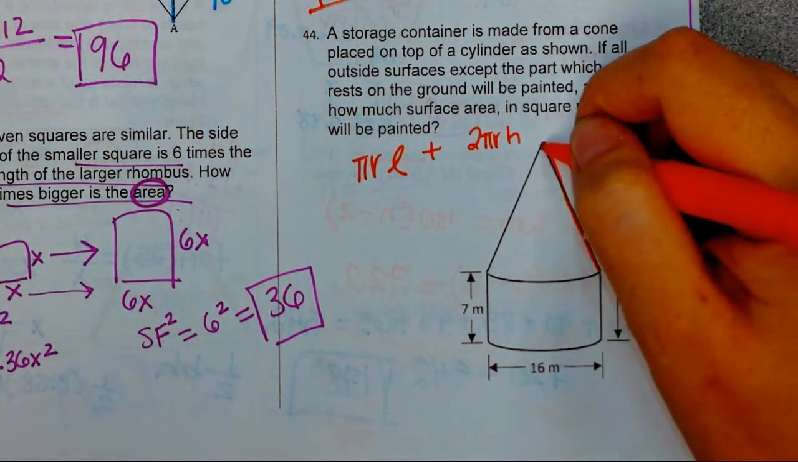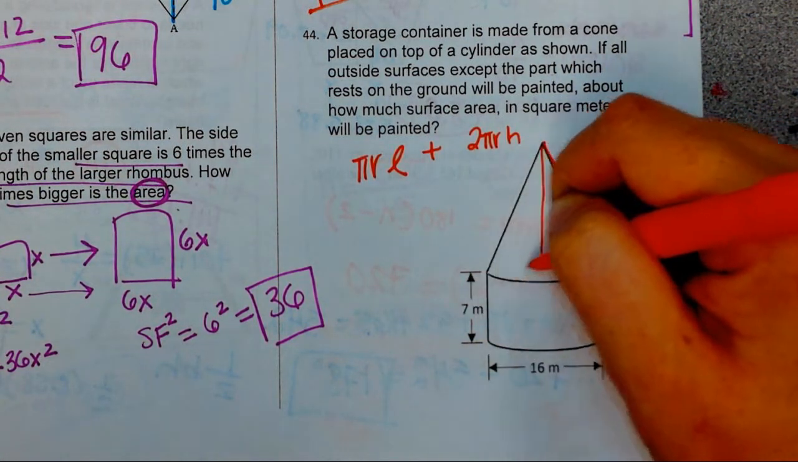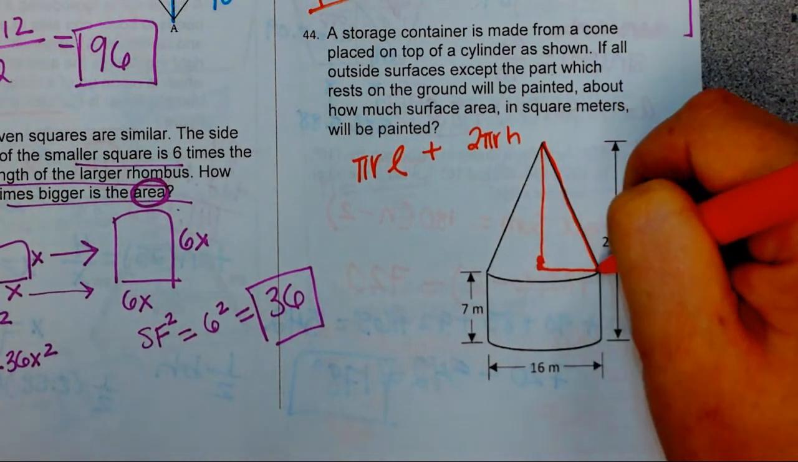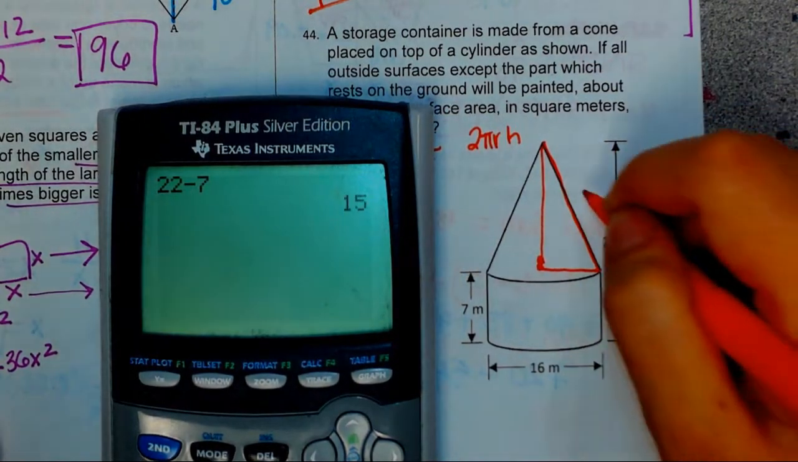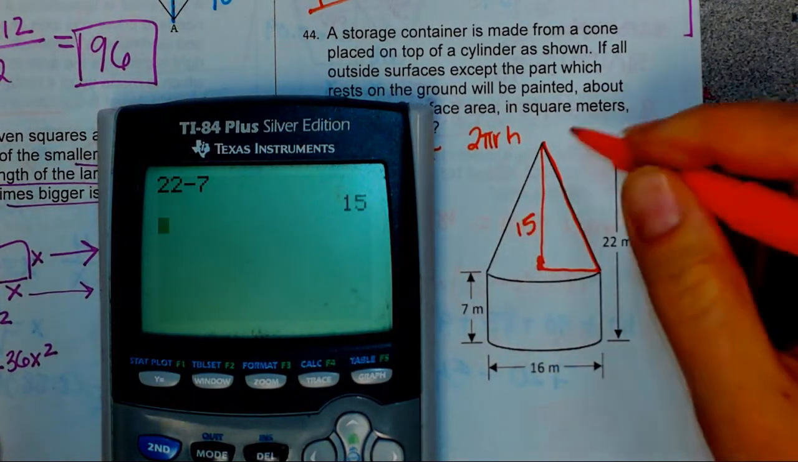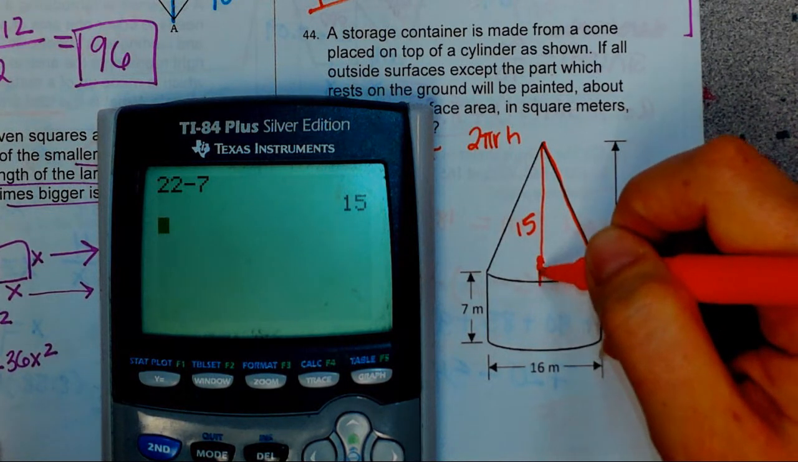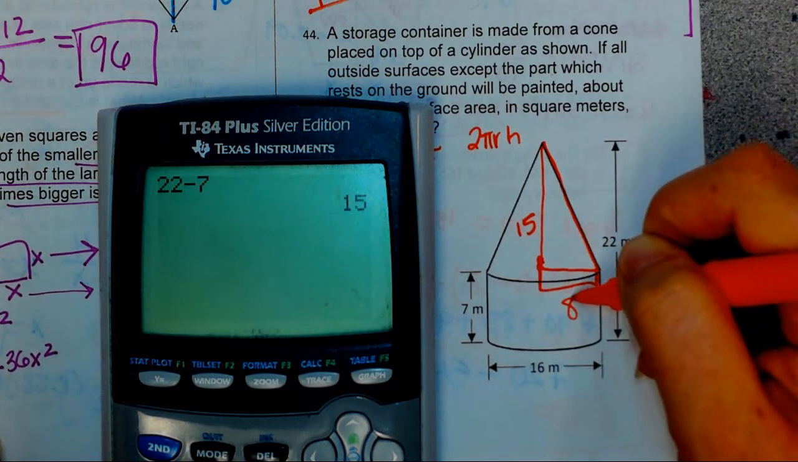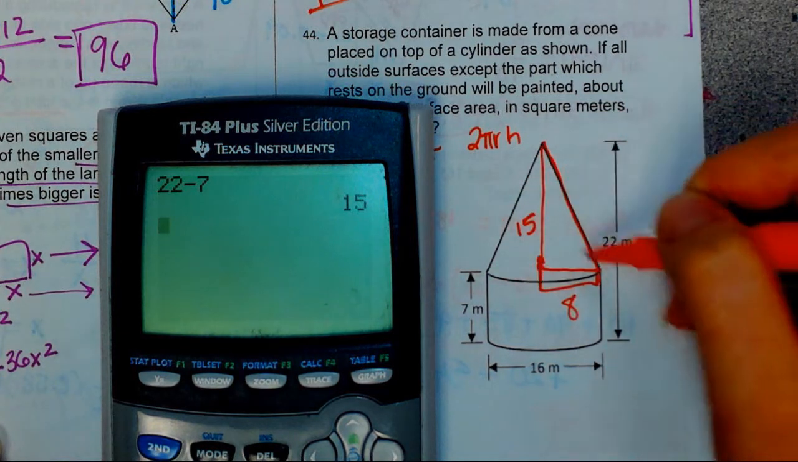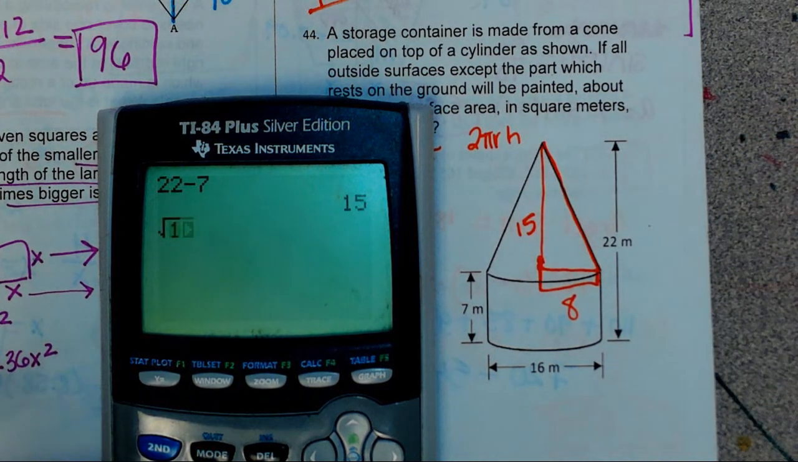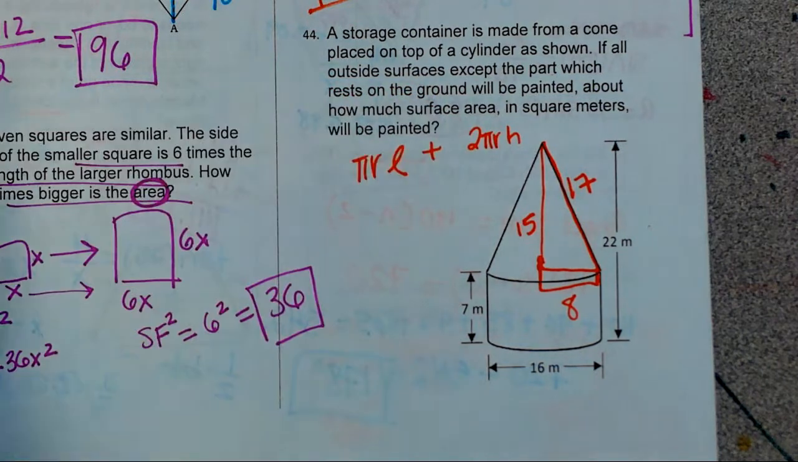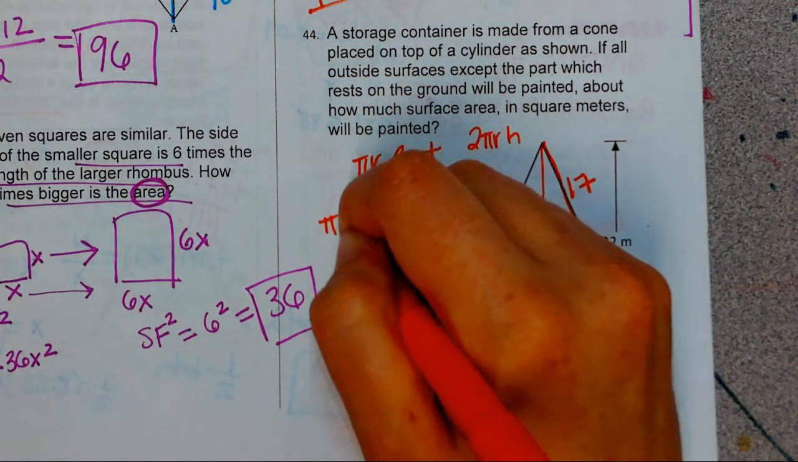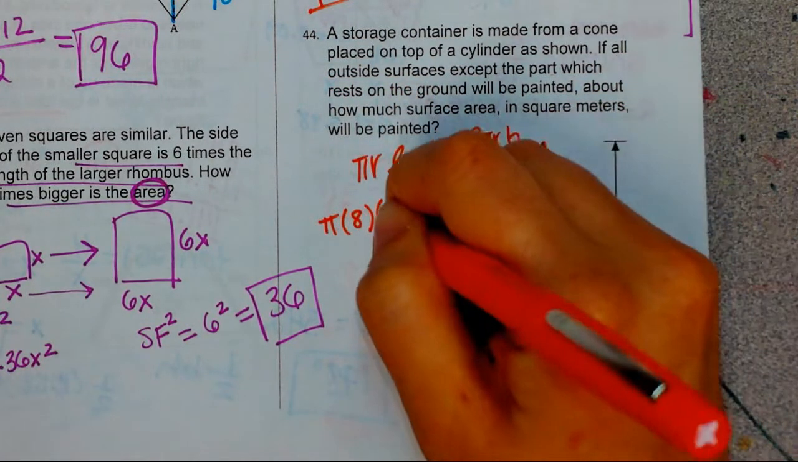So I would get this height by taking 22 and subtracting 7. So that gives us a height of 15. And then if this is 16, that means that this length would be 8. And then I can use Pythagorean theorem to get the slant height. So the square root of 15 squared plus 8 squared gives us the slant height is 17. Okay, so pi times 8 times 17